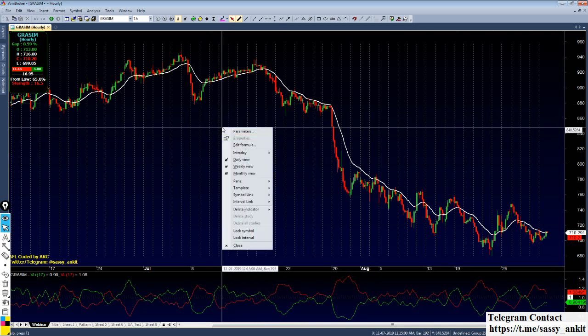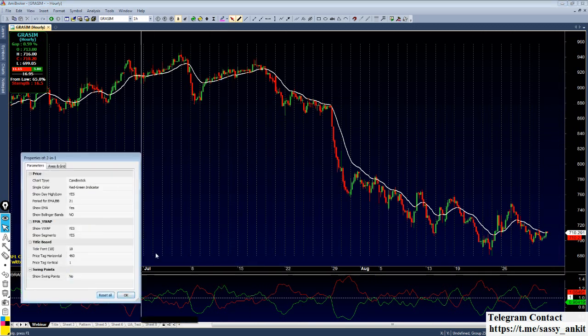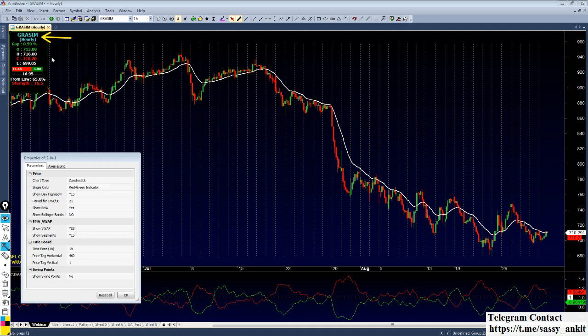So here is one stock I have already pre-selected as Grasim. Normally, using this method on lower time frames like 15 minutes and 5 minutes does work. On 5 minutes it doesn't work that well because of the whipsaws and all. Like, the risk to reward is not favorable in 5 minutes. For 15 minutes we can work it out. For hourly it works tremendously well.